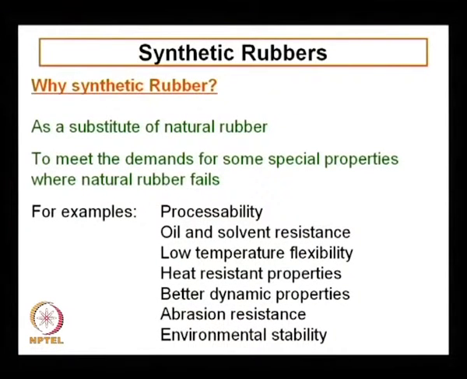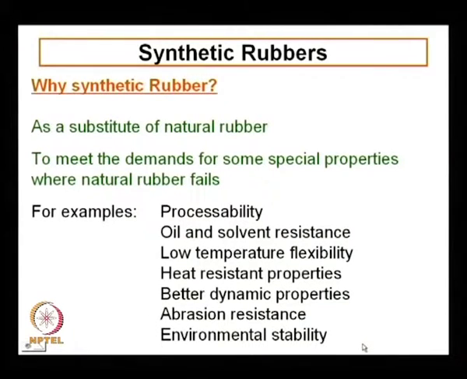To meet the demands for some special properties where natural rubber fails, you see, to meet the demands for some special properties other than availability, if you have special demands where natural rubber fails, there you can use synthetic rubber for some special purpose applications. For example, processability, oil and solvent resistance, low temperature flexibility, heat resistance properties, better dynamic properties, abrasion resistance,